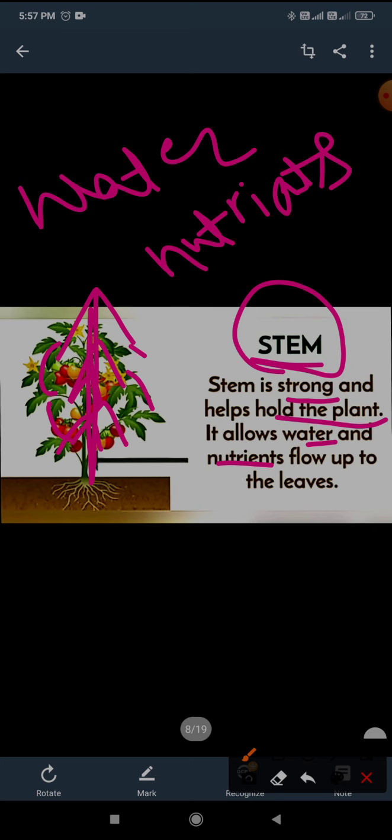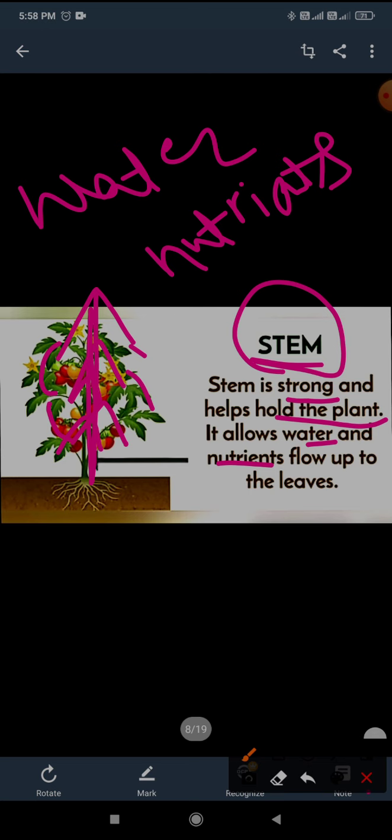We all need water to live, animals, human beings, and plants also. That's why we should water the plants. Okay, one time in the morning, one time in the evening. In the summer season, it is essential to water the plant 2 times. But in winter you can water the plant 1 time. Because summer is a hot season, so we need plenty of water. We humans are the same as plants.